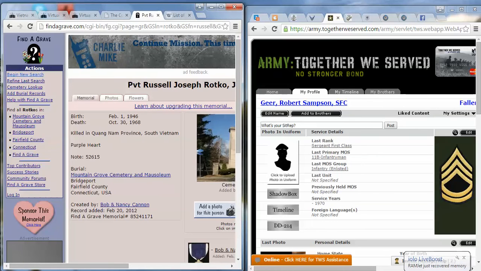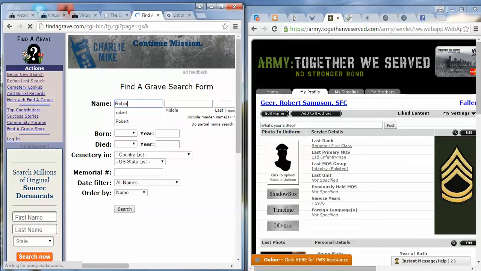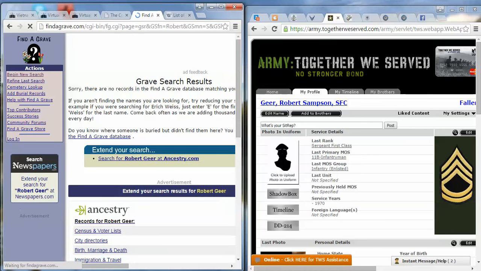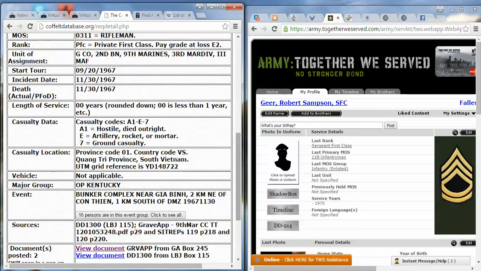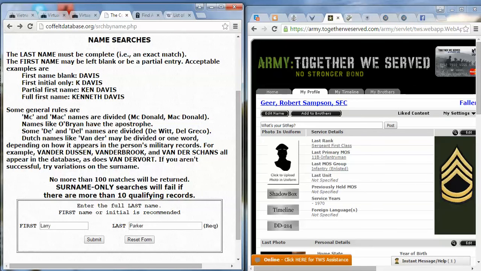So let's go to Find a Grave, see if we can find one. None there. Okay, let's go to Kaufelt, see if he's there. Reset form takes all the information out.